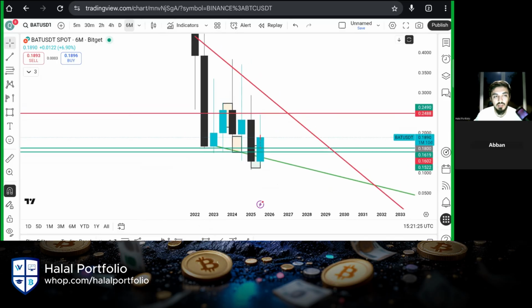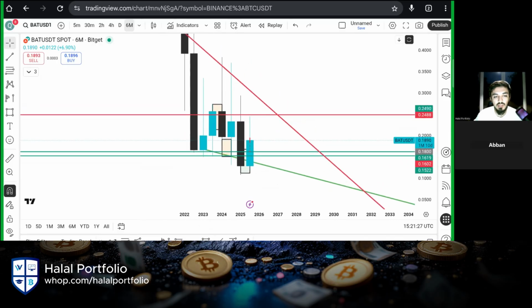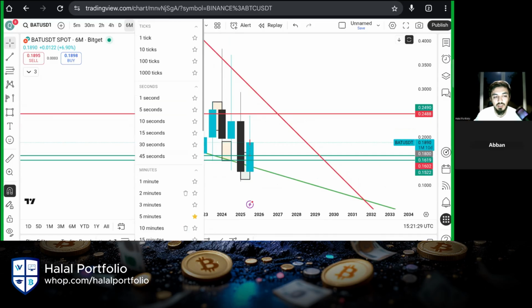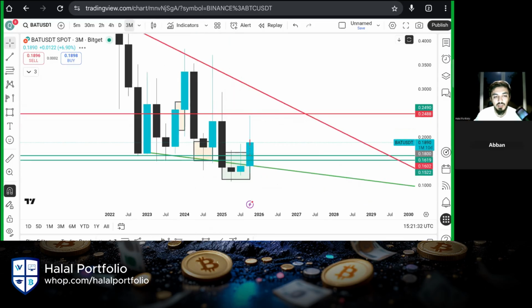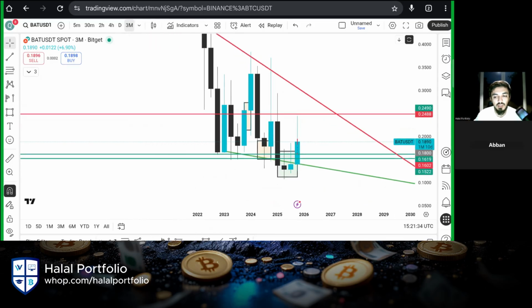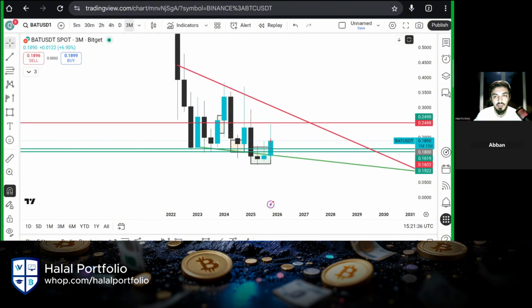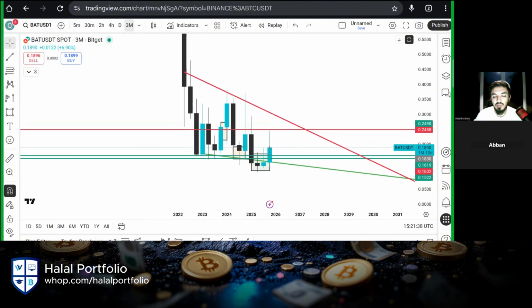It is unclear in this time frame as well. So let's go back to the lower time frame, let's say 3 months. So what I can see, the asset is